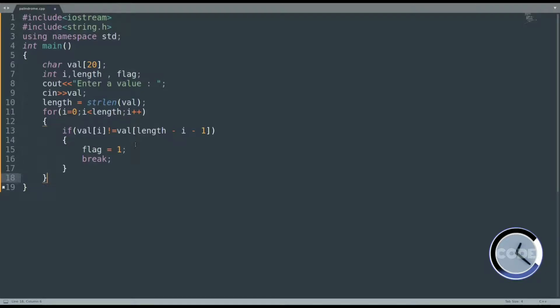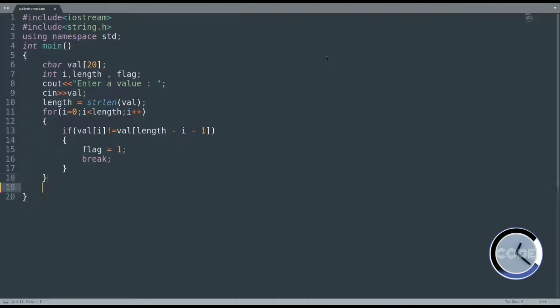Now if they are equal, that is they are same, the value of i would be incremented by 1. This will result in shifting a character from the left and shifting a character from the right, and then comparing those two characters whether they are same or not. This process will go on until all the characters in the string are checked, because the if statement is placed inside the for loop with the condition i less than length, i plus plus. Okay, so that was the main set of rules.